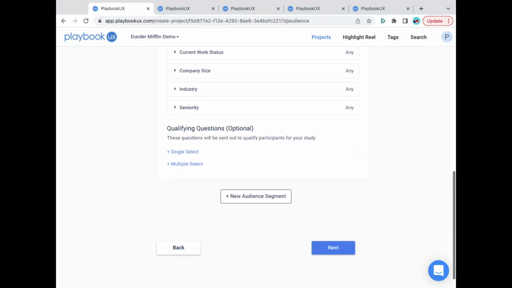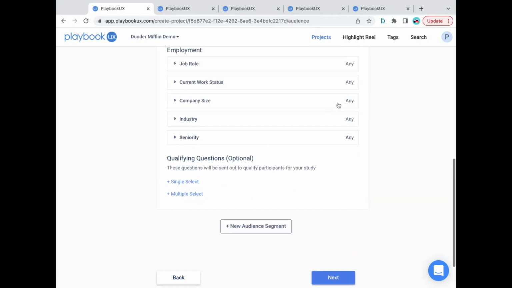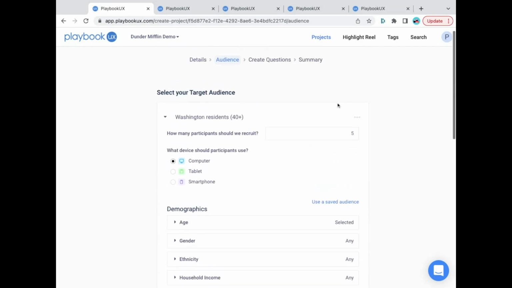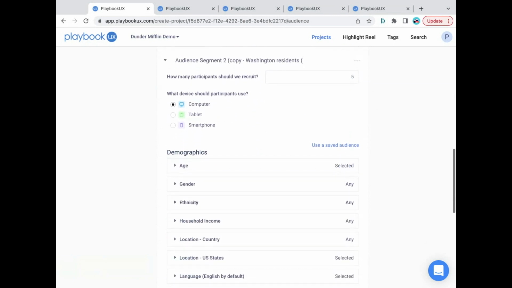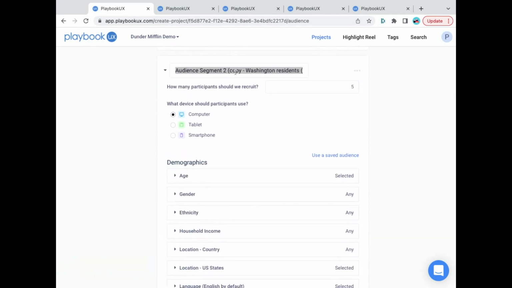However, I can actually add a second audience if I wanted to by clicking this new audience segment. Or another thing that you can do, if you have a similar enough audience that you just need to make a few adjustments, is click the three dots here to duplicate this audience. So now I have my second audience here. We're going to rename this, and maybe I want to talk to Washington residents who are in college or current college students. So I can say